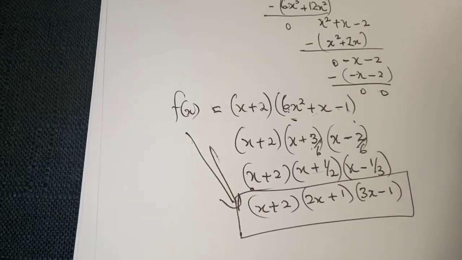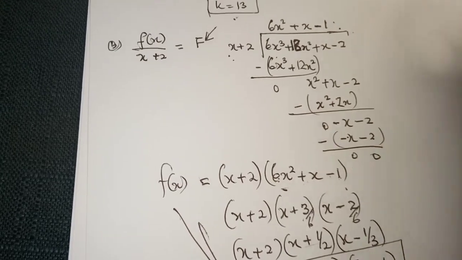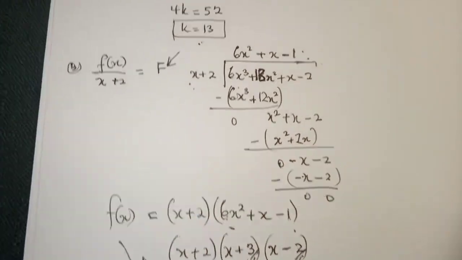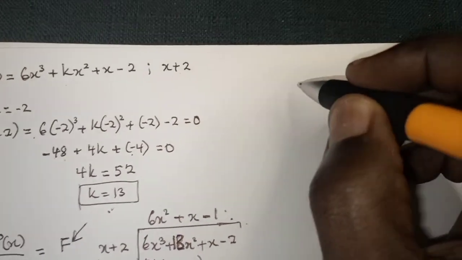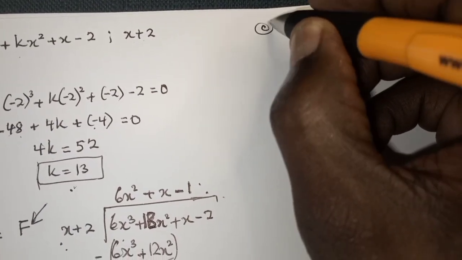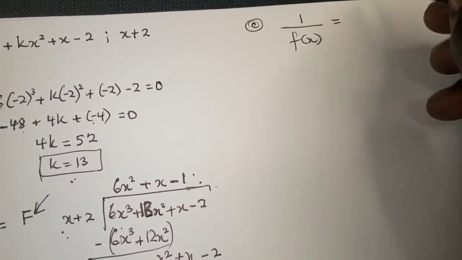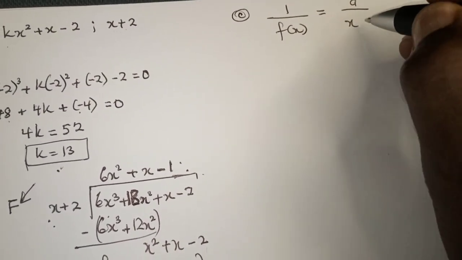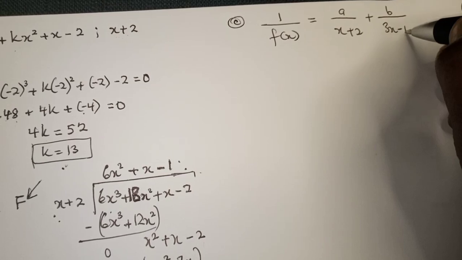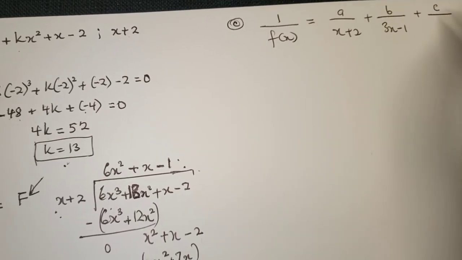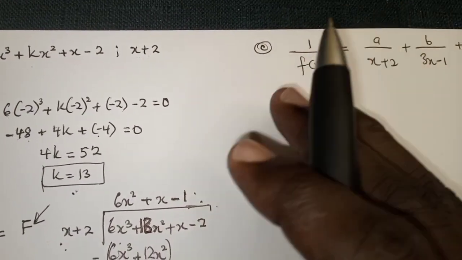Okay, so now we move to the last one, finding the value of a, b, c when you are given 1 on f of x equals a on x plus 2 plus b on 3x minus 1 plus c on 2x plus 1. So if you observe this carefully, you'll see that this is just